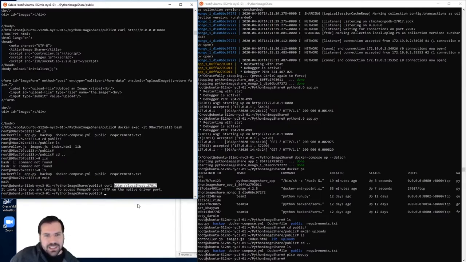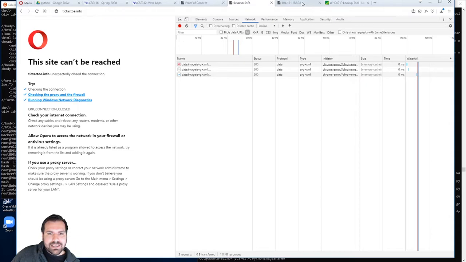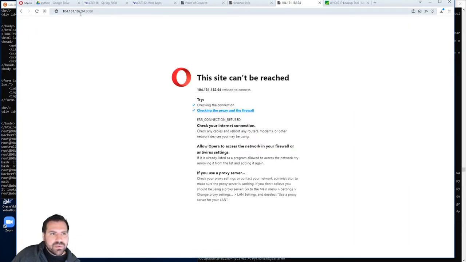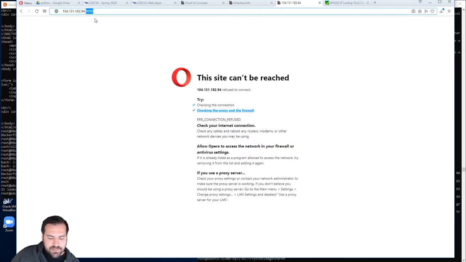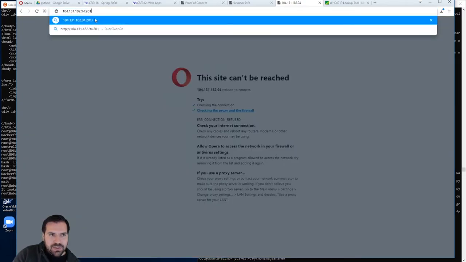I don't support HTTP. But I just want to use this to show that Mongo is running and it is accepting connections from me. Now, I mentioned that MongoDB by default is only going to accept localhost connections, but if we go into the settings of MongoDB, we can actually allow other connections. So if you go to the IP address of this server and go to 27017,